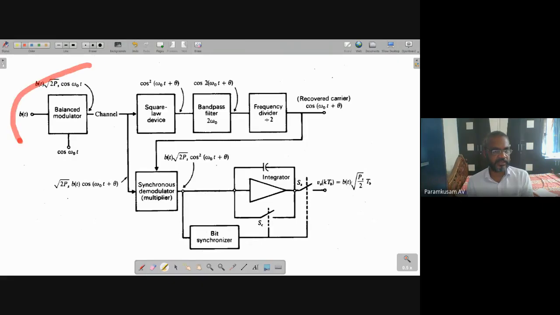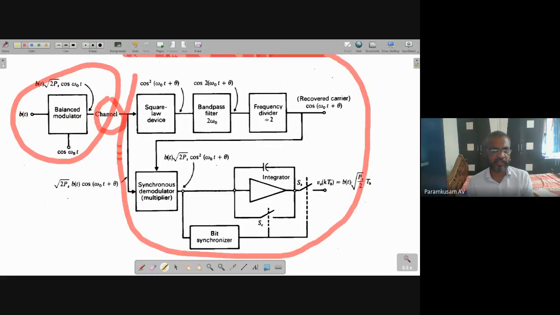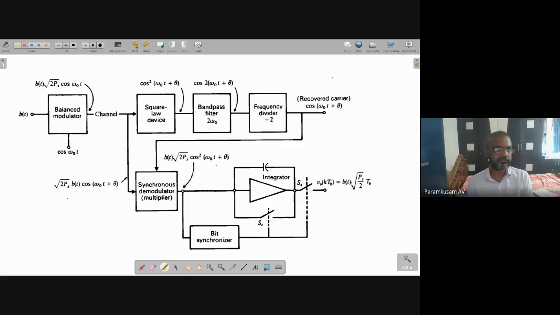This is transmitter section, and this is channel, and this entire part, the remaining part is receiver. So this is transmitter, and this is receiver and channel for binary phase shift key. Okay. So the binary phase shift key that we have discussed yesterday, a binary phase shift key can be